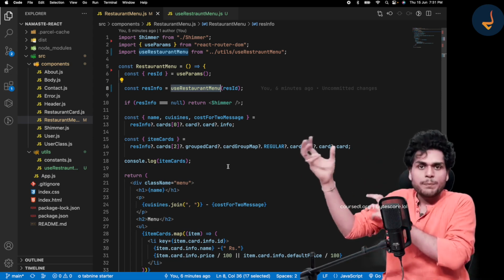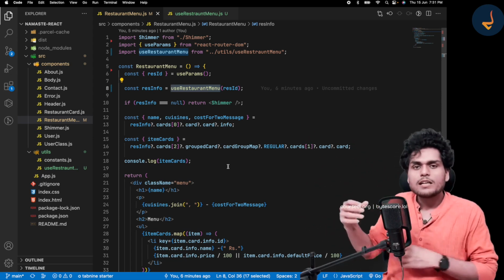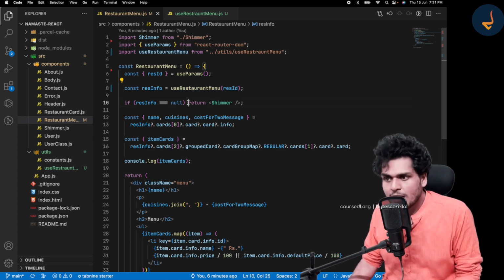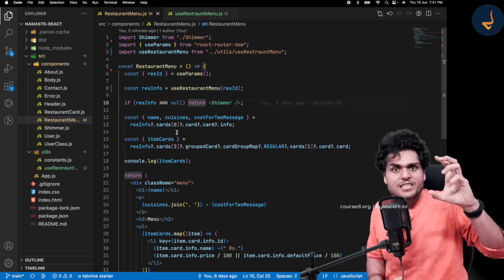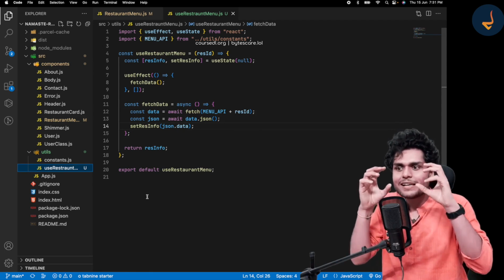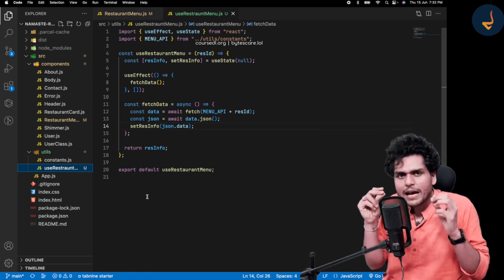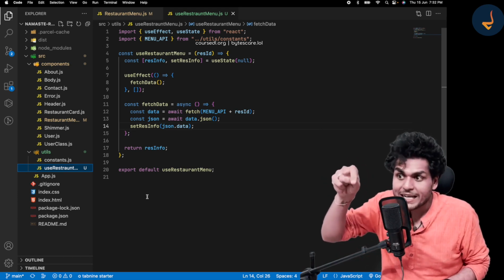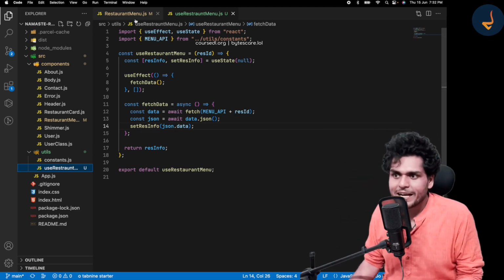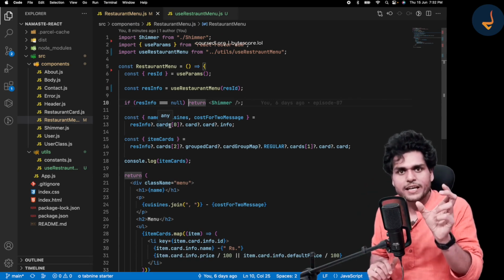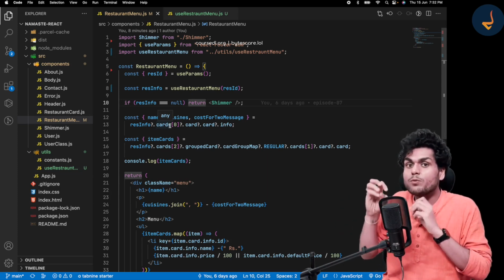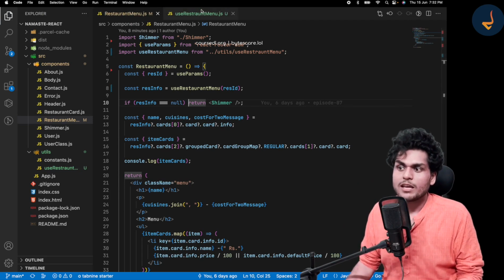But if you make your API call inside a different hook, that makes much more sense, and it makes it testable, right? Why do I say it is testable? Because now if I have to test the fetching data logic, I just need to test my restaurant menu hook. Suppose there is an issue in my fetching data logic, I know where I have to make the changes, inside this hook, right? I don't have to wrap my head around the restaurant menu component, because I know that the fetching data logic is there in the hook. So if there is a bug relating to fetching data, I have to go to useRestaurantMenu.